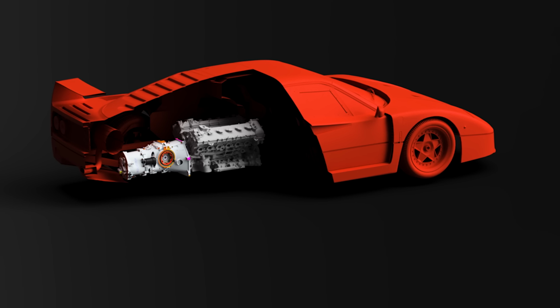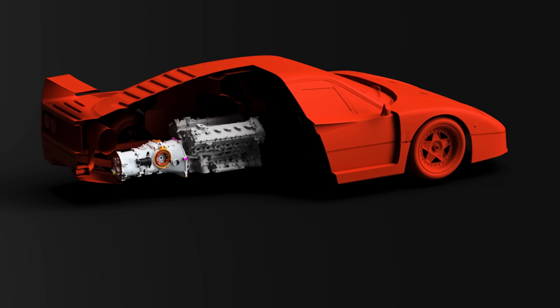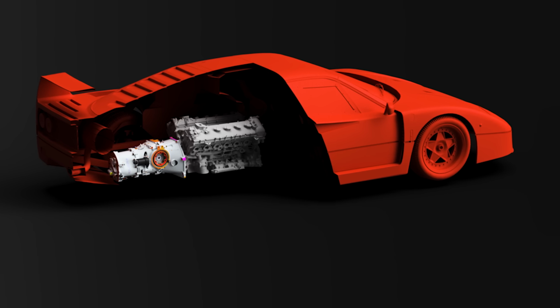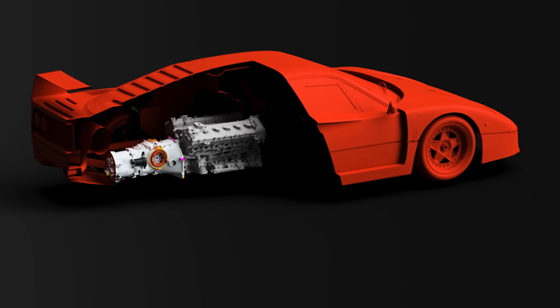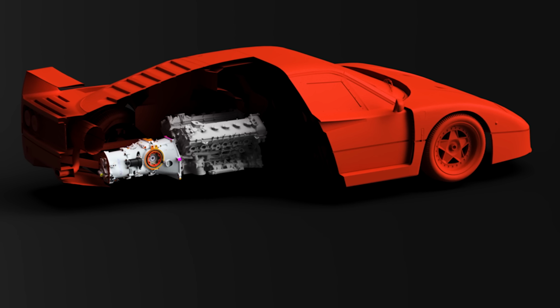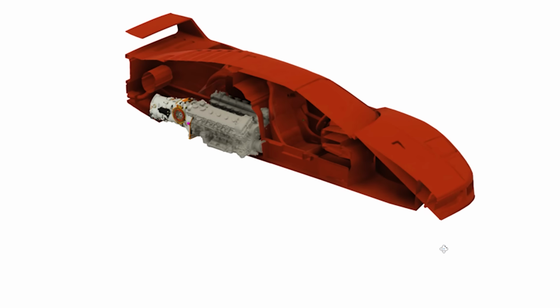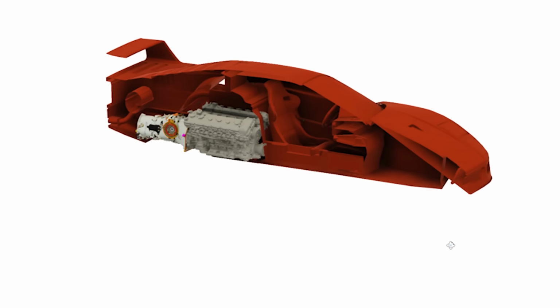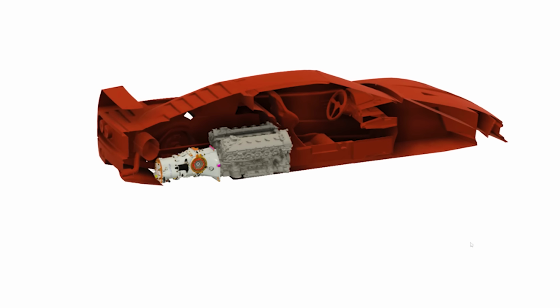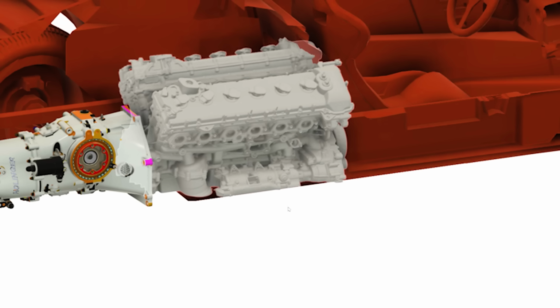Some of you will probably notice that I do have the outputs of the gearbox shifted further back than the center line of the rear wheels, but it is the same offset as stock, and it should be more than happy with CVs. Now again, I want to reiterate that this is not exact. The engine and the gearbox are correctly sized, as is the outside dimensions and shape of the F40. This is really just a proof of concept,